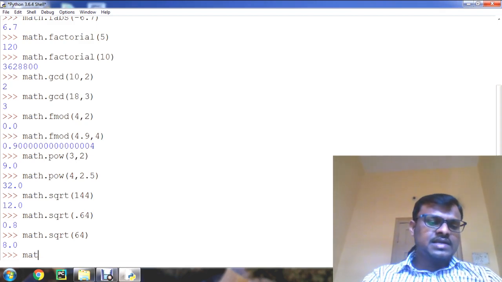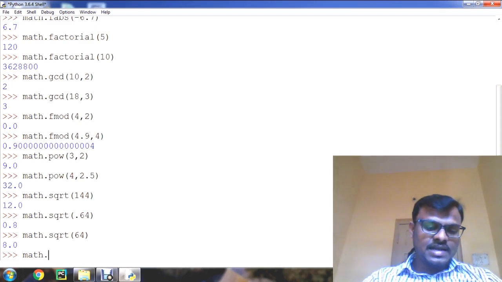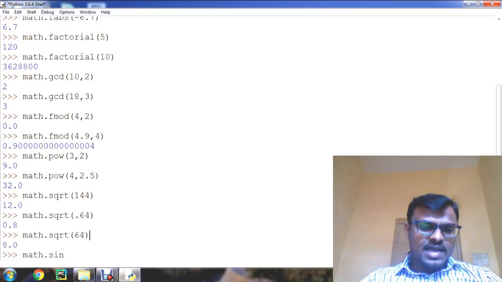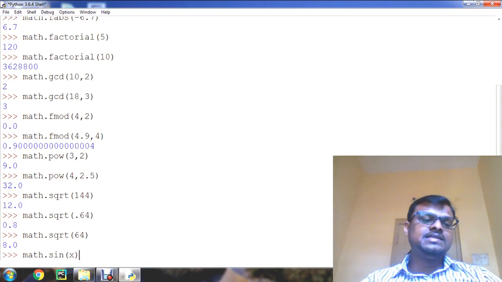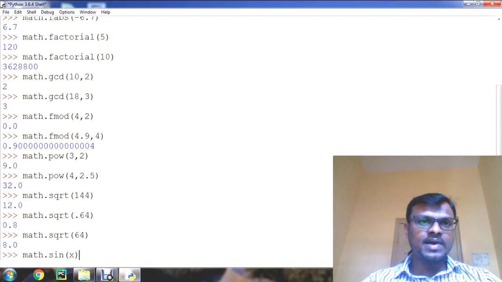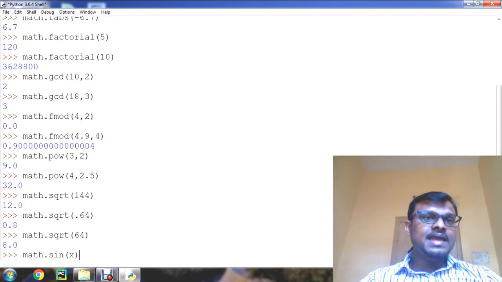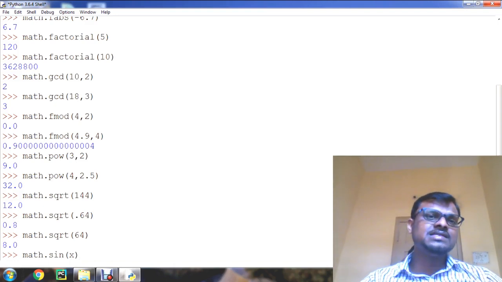Understand? So let us check another function, that is math.sin. It also takes one argument. For example, let's say x. This also, x may be an integer or floating point number in radians. It is a radian value, and it is going to return the sine of x in radians.